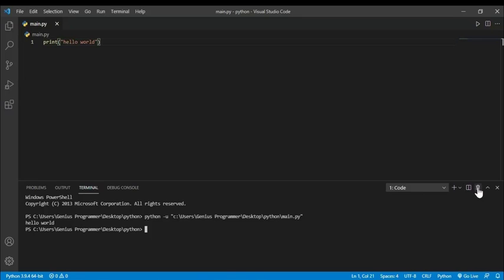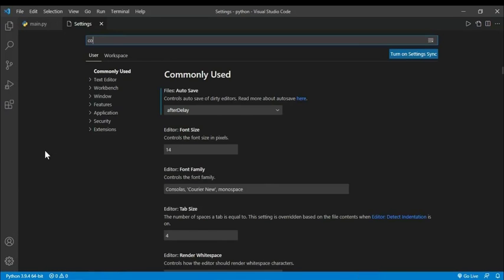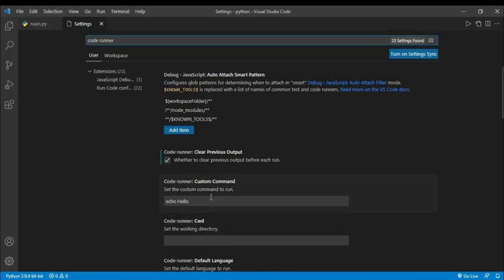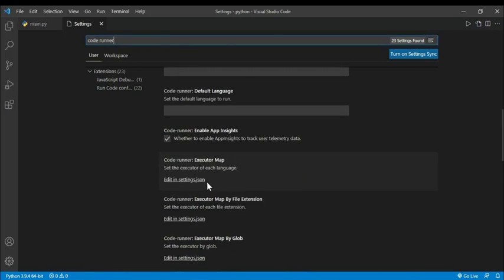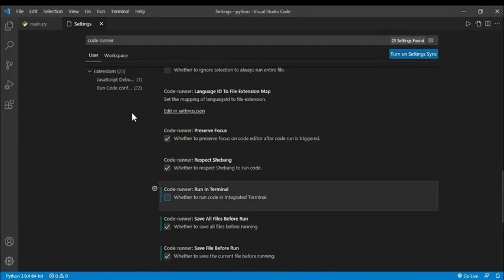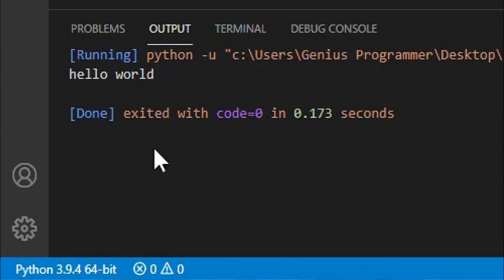Let me show you. If you go to settings, code runner, then if you see something, yes, run in terminal, just uncheck it and then you run it, run code, it would be running over here. And this is not that good. It would be running in this output tab, not in the terminal tab.